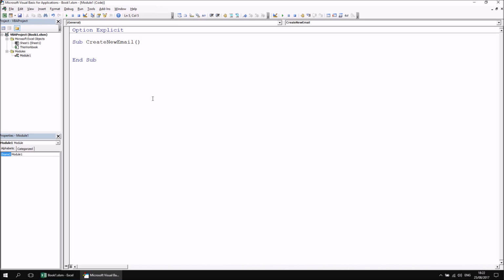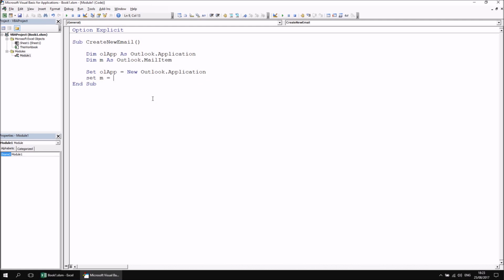The first line of code I'm going to write is going to declare a variable that will hold a reference to the Outlook application. So I'm going to call mine OLApp and say that that's an Outlook.Application. The second variable I'll have will hold a reference to the email we'll create. So I'm going to say something like Dim m, give it a nice short name, As Outlook.MailItem. I now need to create a new instance of the Outlook application, so I'm going to say Set OLApp equals New Outlook.Application, and then finally I can create a new email by saying Set m to be equal to